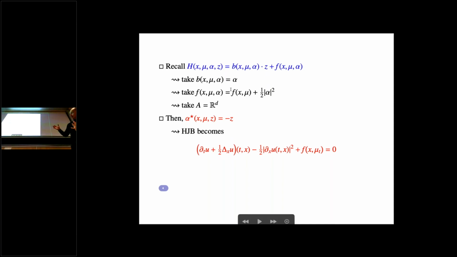And when you do that and you compute the Hamiltonian, we say that the structure of f is separated. And so to compute the Hamiltonian, you just have to minimize over alpha, b which is alpha, times z, which is somehow the derivative of the value function, plus 1/2 alpha squared. And so the optimizer is trivial, and the only thing you observe to compute the Hamiltonian is that when the gradient of u is equal to z, the minimizer is minus z. And so this is the shape of the Hamilton-Jacobi equation. So this is the baby example we can guess for the Hamilton-Jacobi equation.